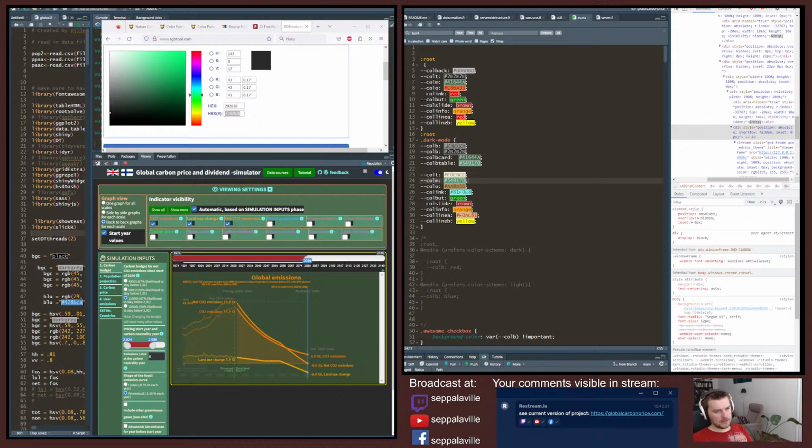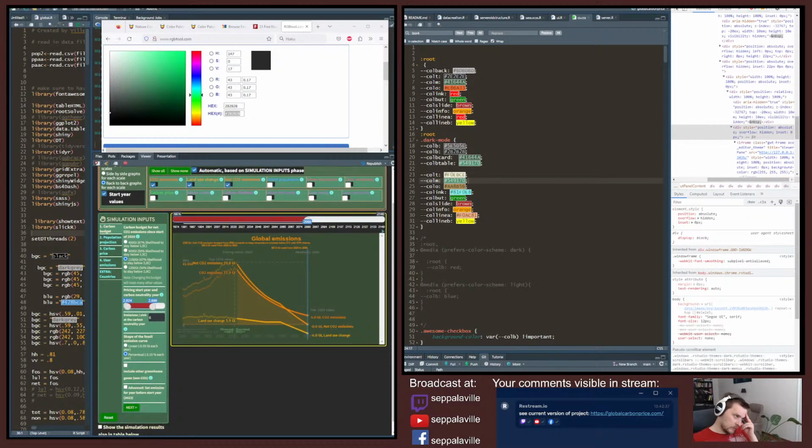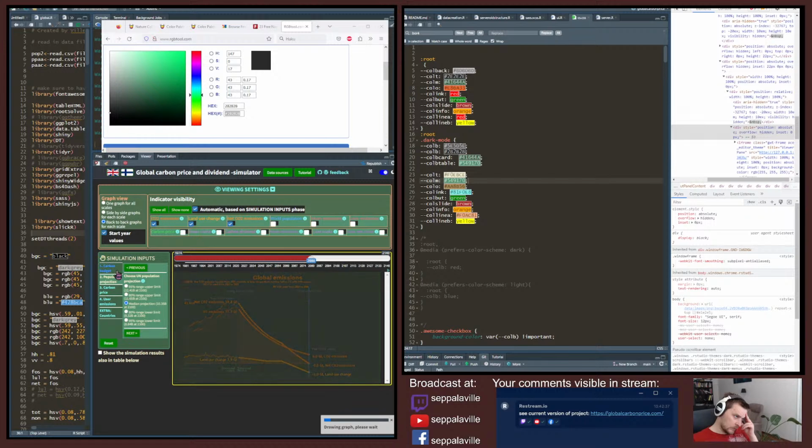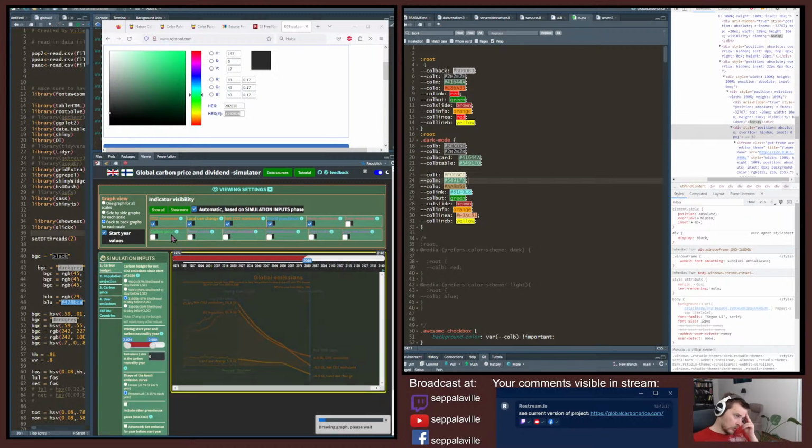I'm not sure about this, having two shades of green, the darker green and then the light green on top of it. It may not be the best. Or it might be, but